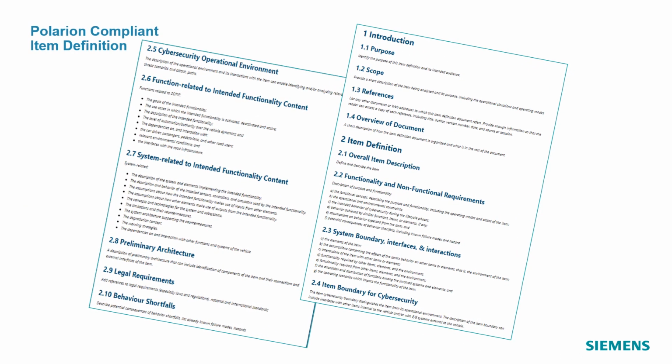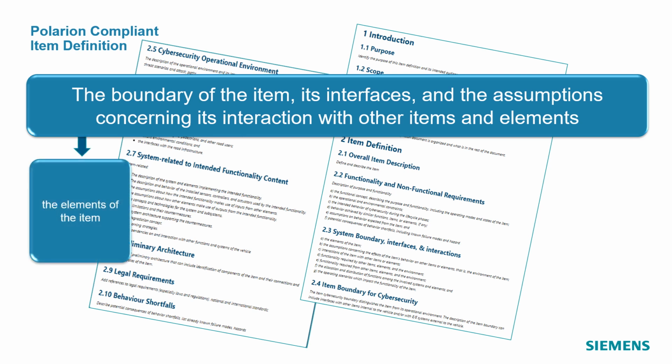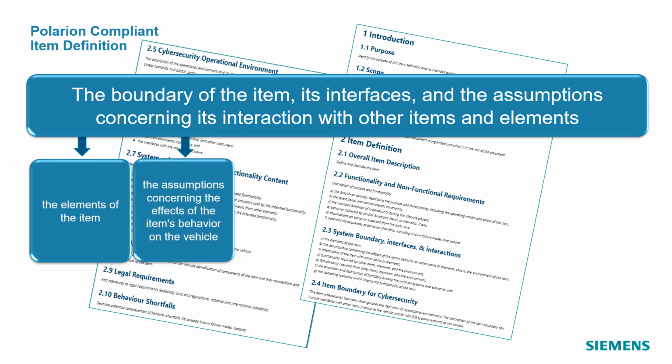The item development in Polarion is compliant by meeting the needs of the specification, which are outlined by the boundary of the item, its interfaces, and the assumptions concerning the interactions of the items and elements. It will cover the elements of the item, the assumptions concerning the effects in the item's behavior of the vehicle,